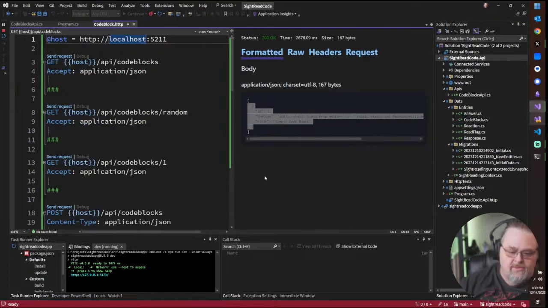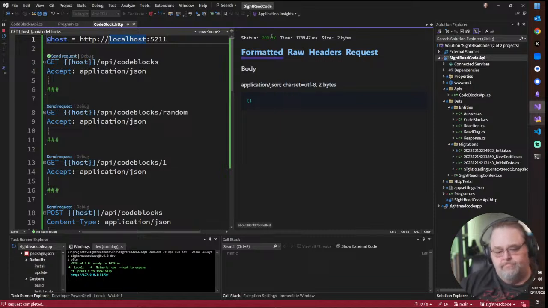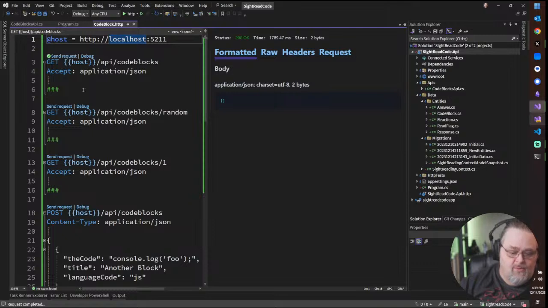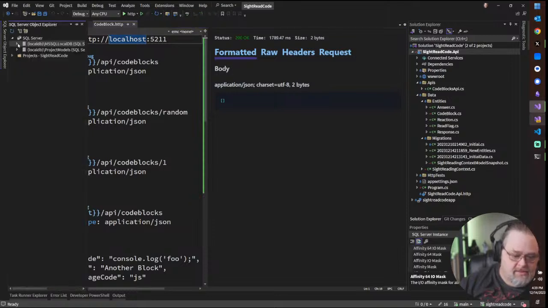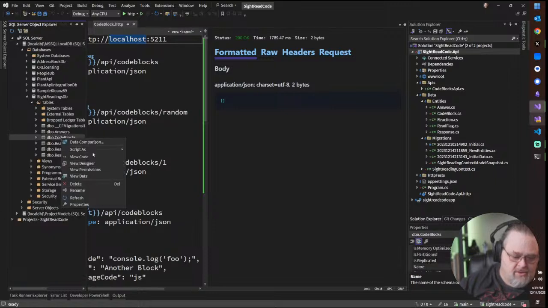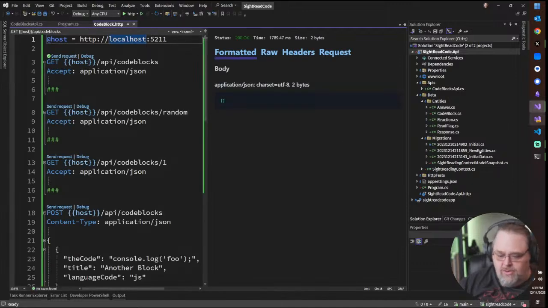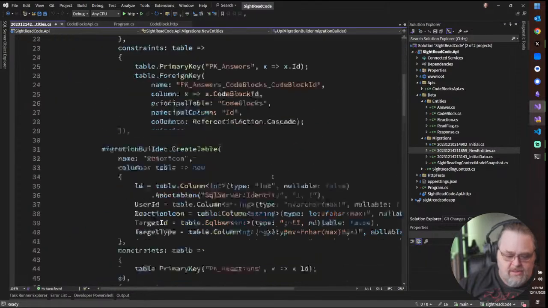And let's go back to our code block here and let's see if our request works. And interestingly, it's returning an empty collection. So the API worked, but let's see if our sample data never got in here. Nope, never did. I wonder why. So if we look at these new entities,